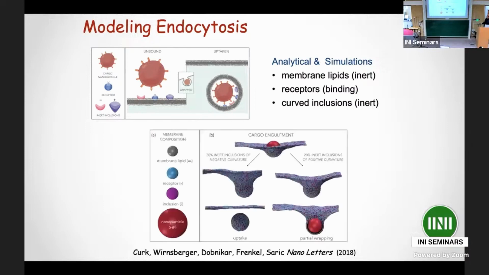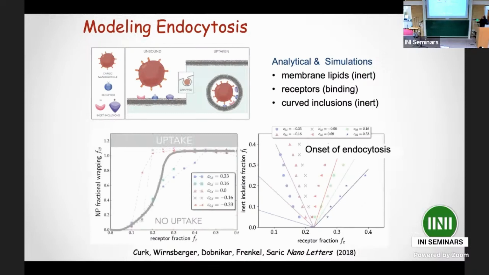So what we showed is that yes, we can: if we add particles with spontaneous curvature, they would much more easily wrap the nanoparticle that binds to the membrane, even if they don't interact with the ligands, and even if the overall average curvature of the membrane is unchanged. So we showed that